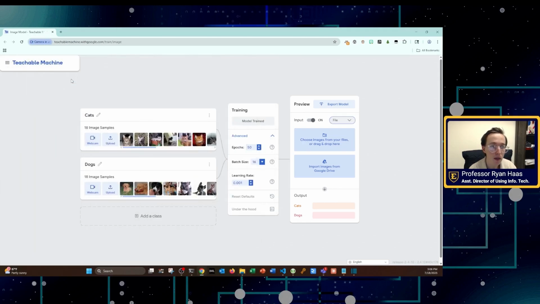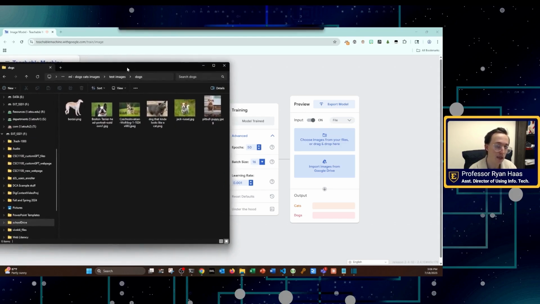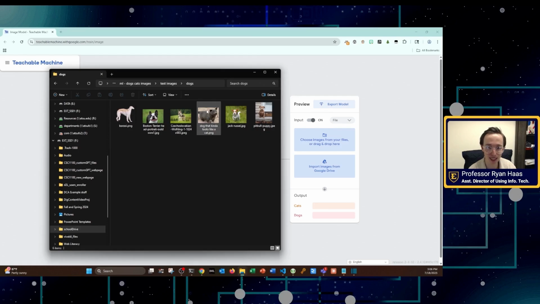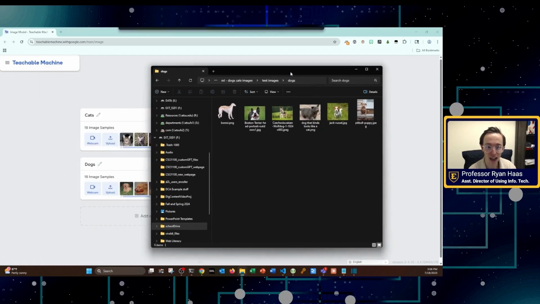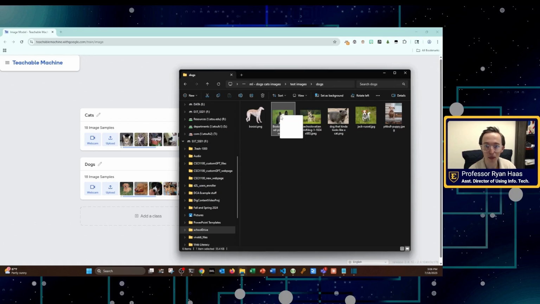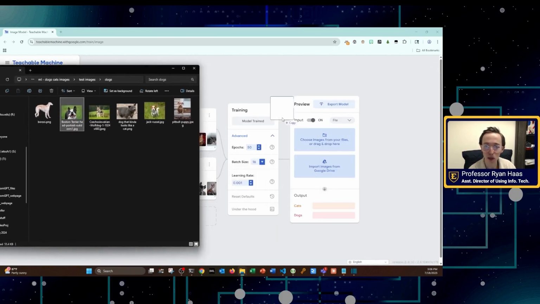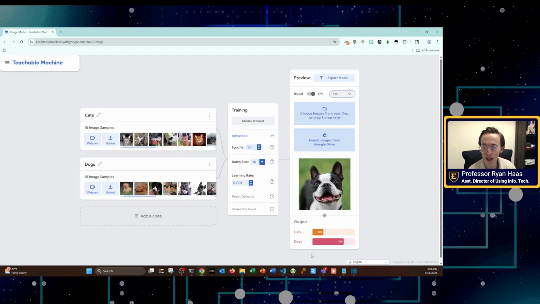I'm going to try this out on one of my dogs. I know we had some terriers in there, so let's see if it knows what a terrier is. And look at this, prediction 74% says that's a terrier.